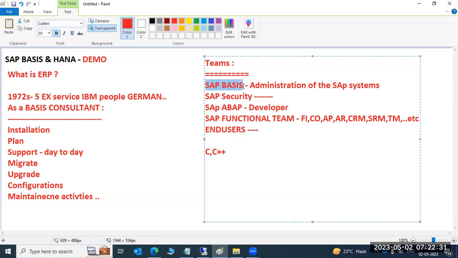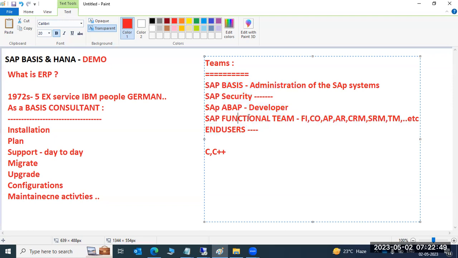We have to support their day-to-day business activities, so we play a major important role. Without installing and building the systems, how could these people log in, right?